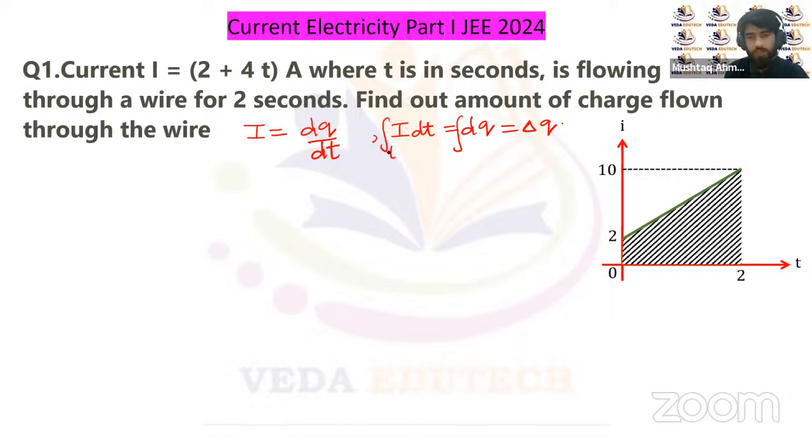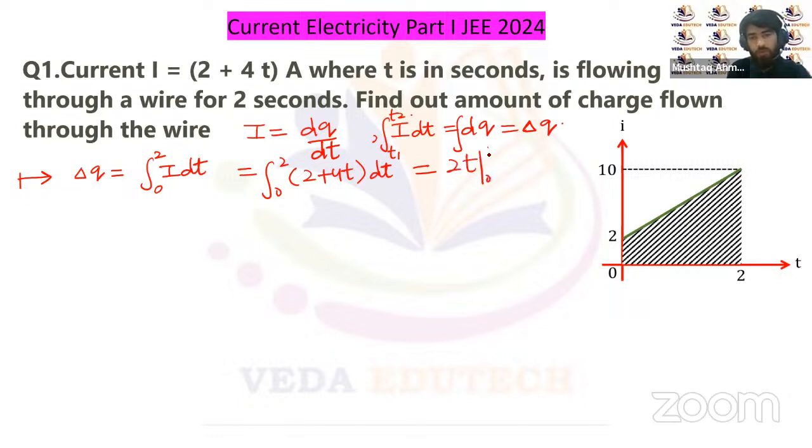Now with the proper limits t1 to t2, this is one way of calculating the total charge flowing through the circuit. So delta Q will be equal to the integral of I dt. We have been asked to find the charge flown through the wire for 2 seconds, so we'll integrate from 0 to 2. The current has been given as 2 plus 4t, and integrating it with respect to time,